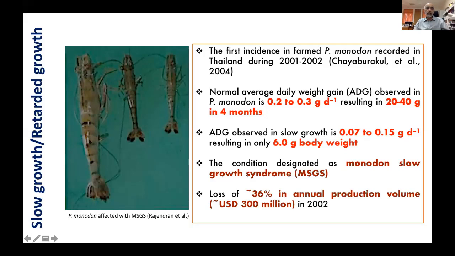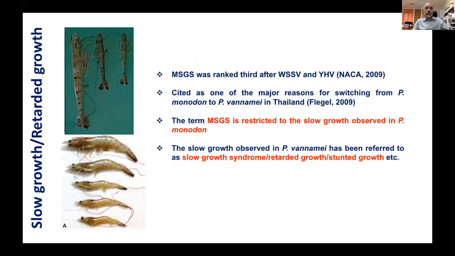You can see the normal growing animal on the left-hand side, and the acutely retarded or stunted animal on the right side. Though it is not leading to mortality, you can see 36% of annual production in volume, around $300 million, was lost in 2002 in Thailand. So this has been a problem across, and you can see here at that point in time, as I mentioned,